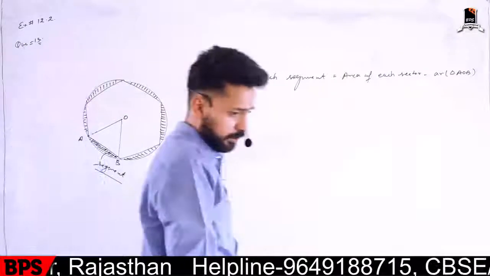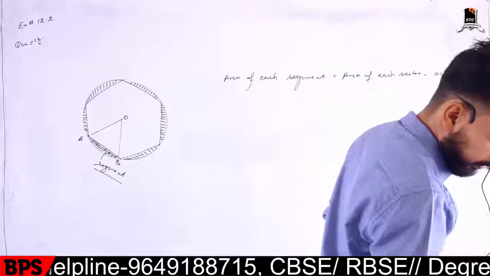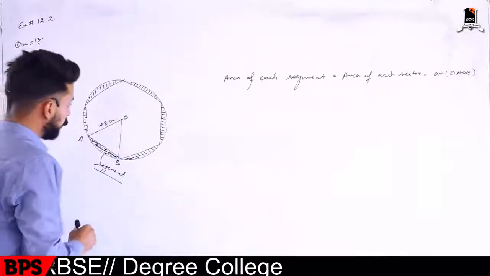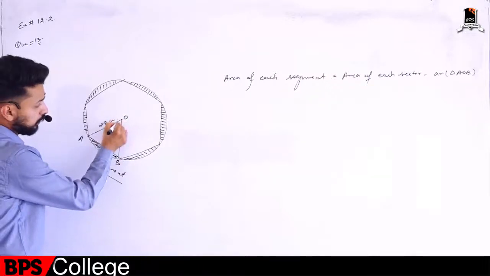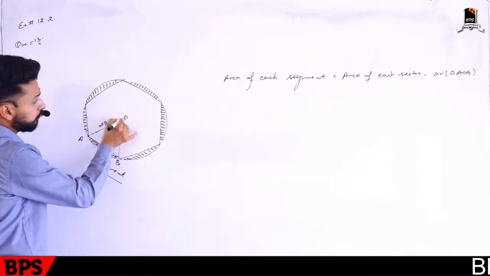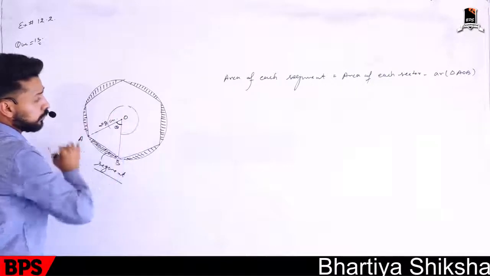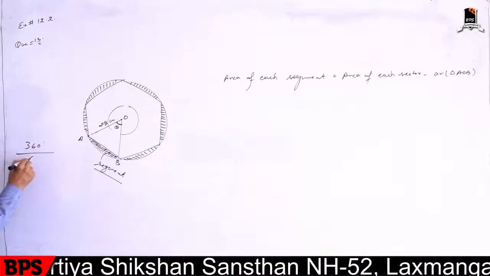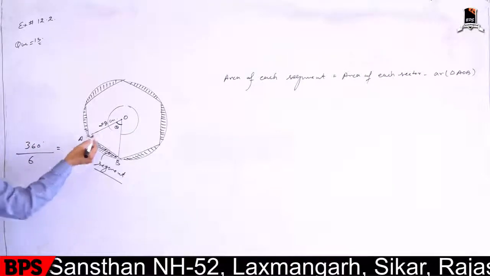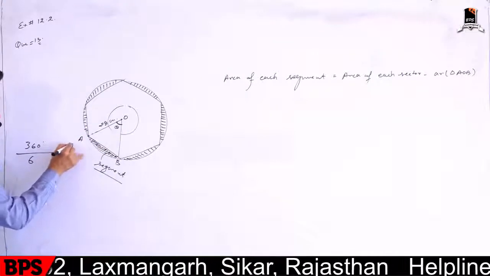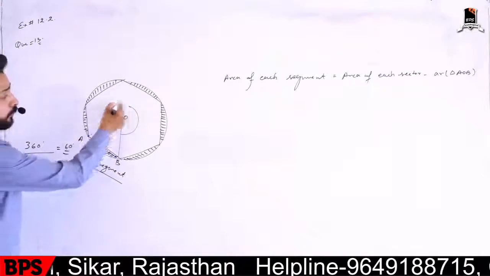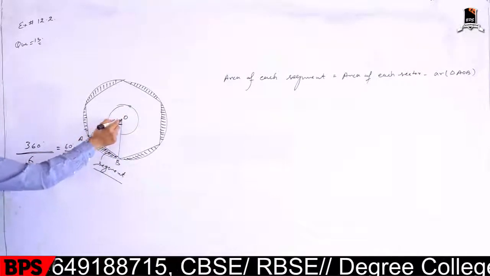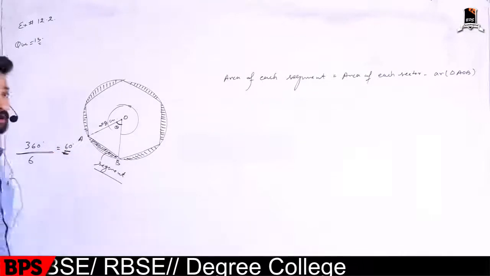The radius of the circle is given as 28 centimeters, and that is the angle theta. Find the angle theta. The total angle in a circle is 360 degrees. The total number of designs is 6. Then each sector subtends an angle of 60 degrees, because the total angle in the circle is 360 degrees and the total designs are 6. Then each sector's subtended angle is 60 degrees.